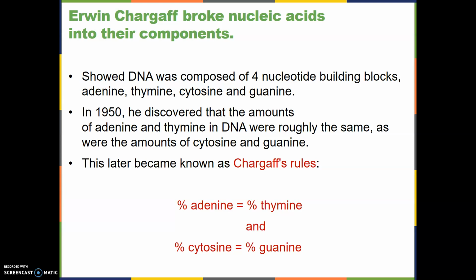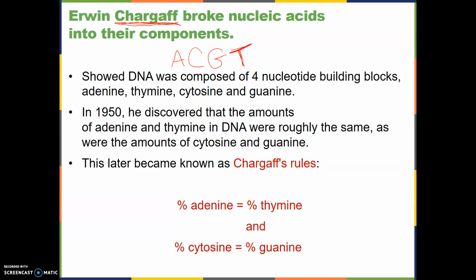Now, Erwin Chargaff discovered that when you analyze DNA, there are 4 types of bases. We call them bases. There are 4 bases in each nucleotide. There are 4 types of nucleotides that can be found in DNA. So DNA is a combination of A's and C's and G's and T's, just billions of these 4 chemicals: adenine,